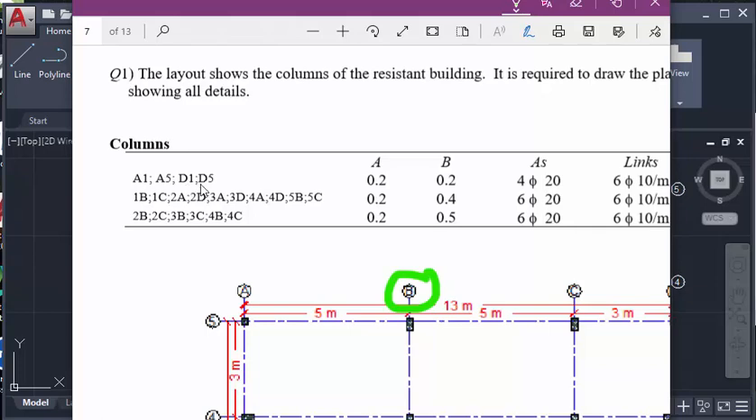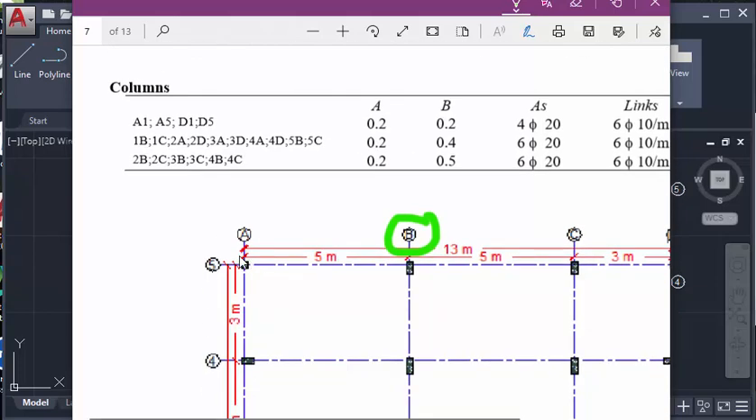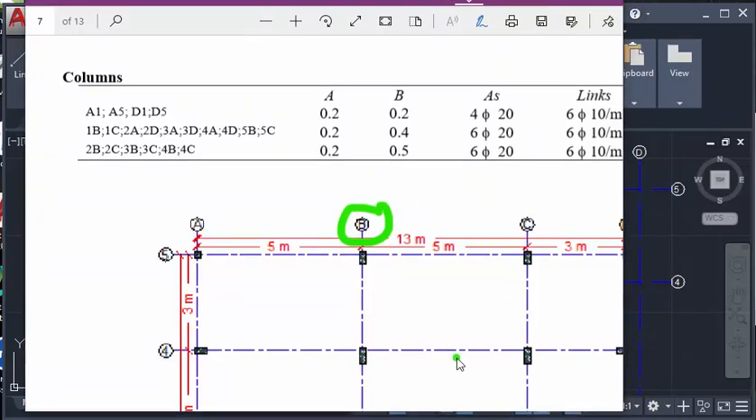Once you're done, you can delete those ones. Now the point is we want to insert our columns at the points A1 and A5, D1 and D5. So we come to the point A5, D5, A1, D1,